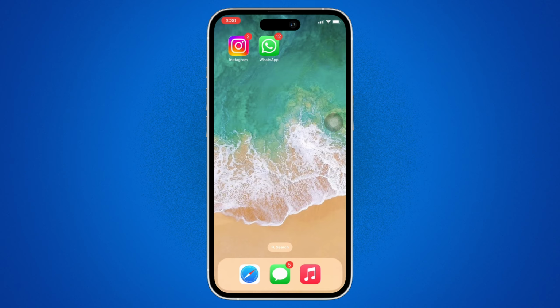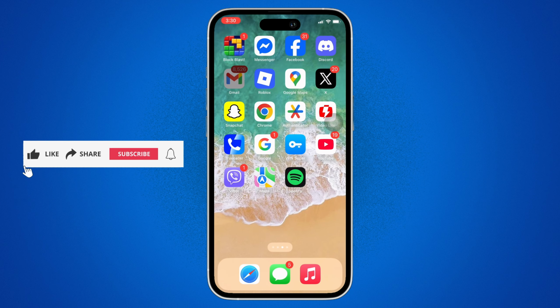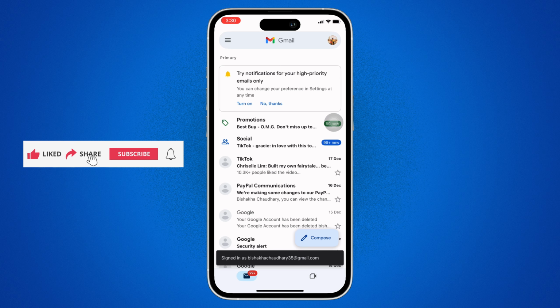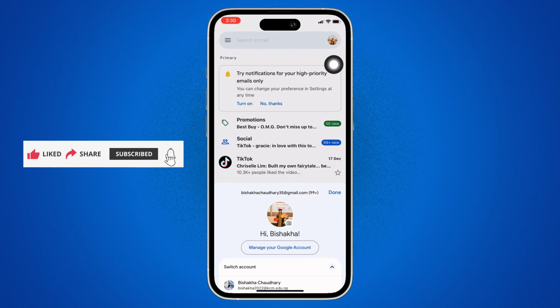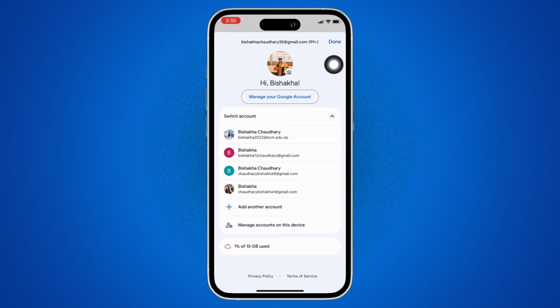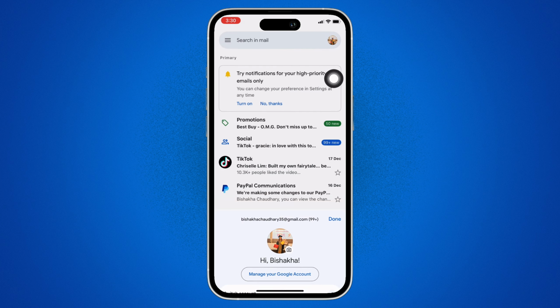Now let's get right into the tutorial. Firstly, go ahead and open the Gmail application on your device and make sure you are signed in. Further, tap on your profile icon on the top right of your screen and you will see the option for manage your Google account. Tap on that and in the interface that you will be led to, tap on the